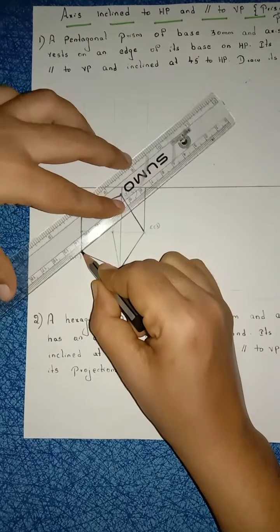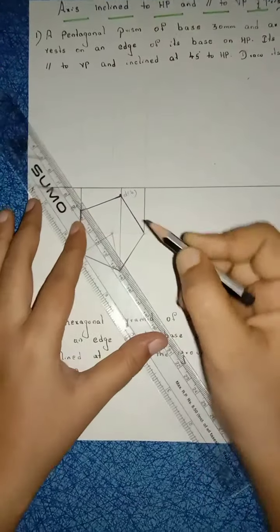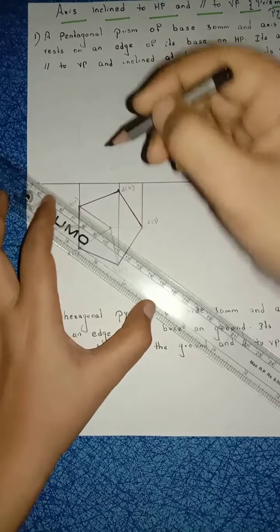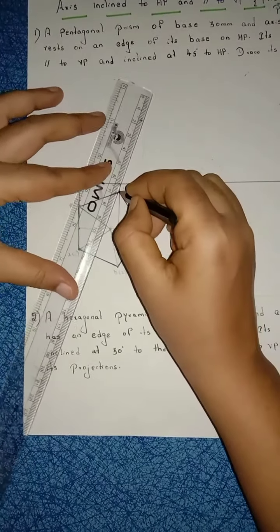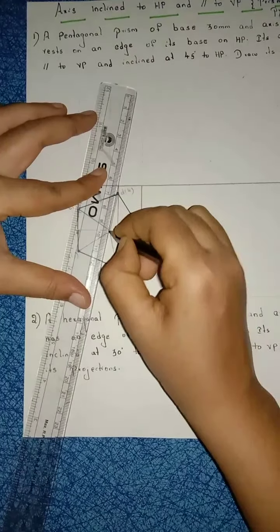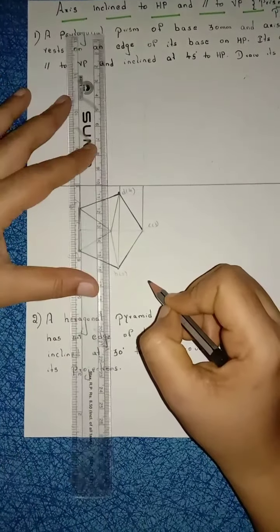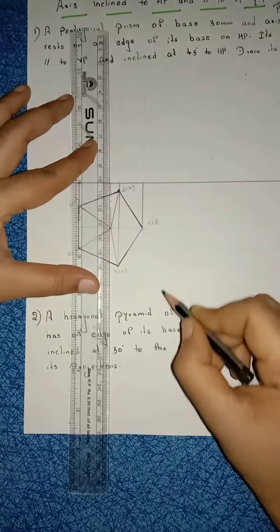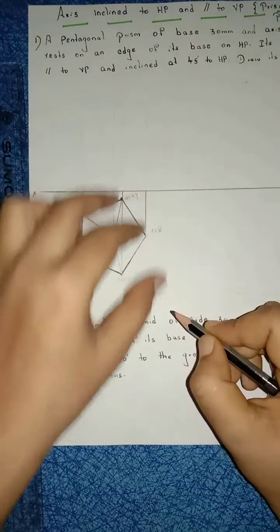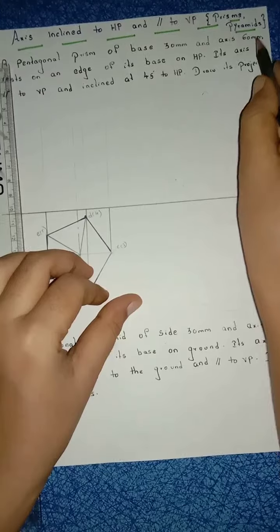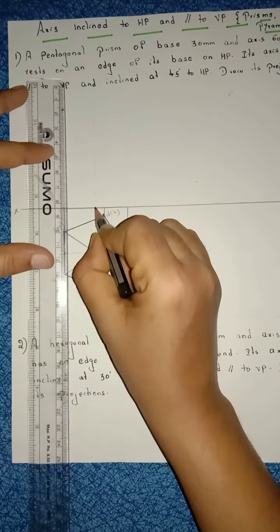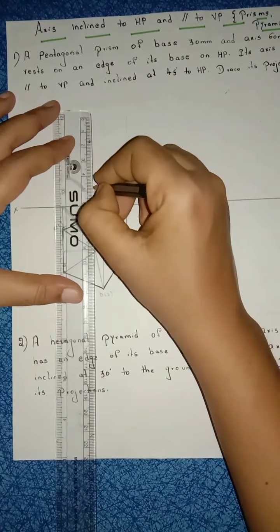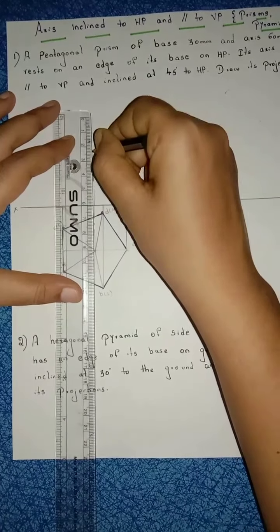B, here A, right, and here E, right, and here D. We are joining all these corners to this midpoint anyway. See, now from the midpoint also you have to draw the axis line till this reference line. Now axis height is how much? 60 mm, right? So from this point take 60 mm and draw the axis line. Axis line should be dash dot dash dot.